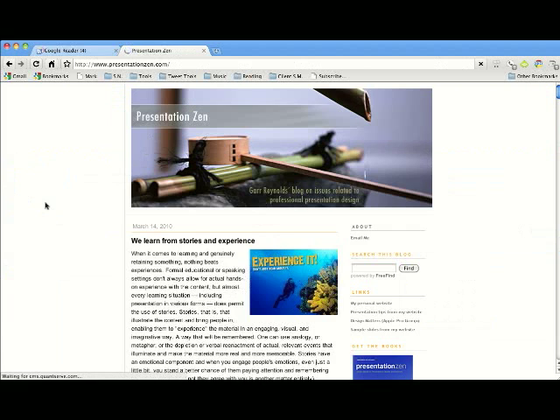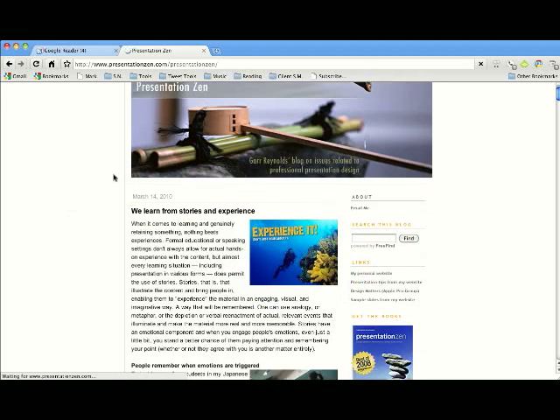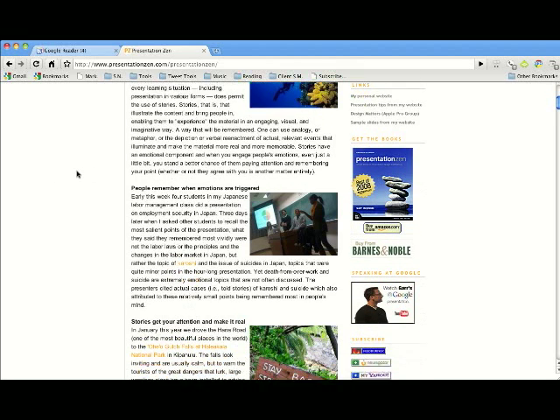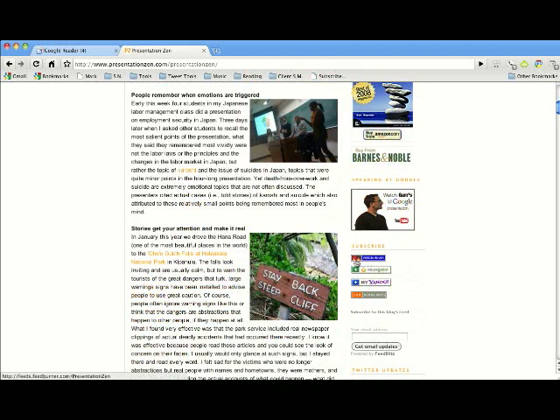So what we want to do now is make sure we're on the blog's home page, and to get to the home page you just press the top button usually. And what we would usually do is go down here and look for this subscribe button. But what we're going to do in this case is take advantage of that button up top and just click